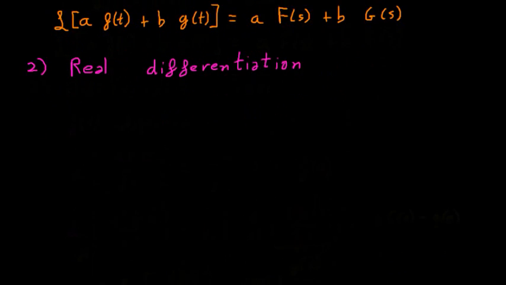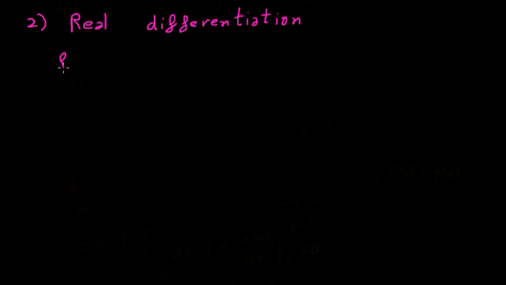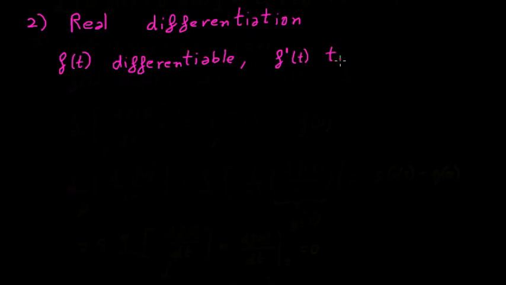And this property tells us that if f of t is differentiable and its derivative f prime of t is transformable, then the Laplace transform of the derivative of f with respect to time, the derivative of f of t with respect to the t variable